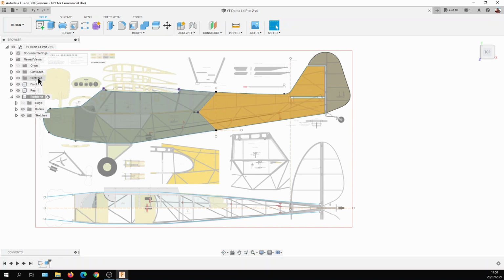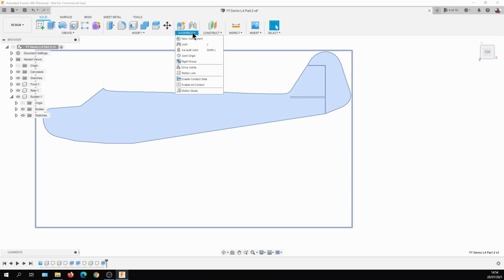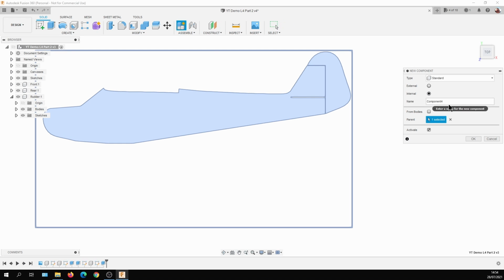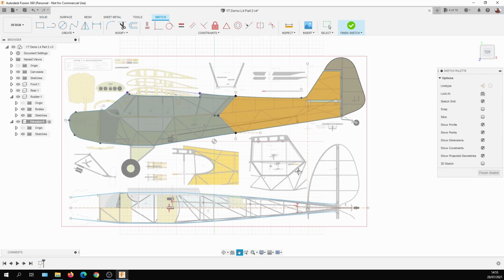So we'll do the same sort of process again. Assemble. Let's just select the top level first, otherwise it'll appear under the rudder. So select the top level, assemble, new component. Right, so components activated. So what we're going to do now is do the same thing more or less. So we're going to create a sketch, going to create it on the top face, and then